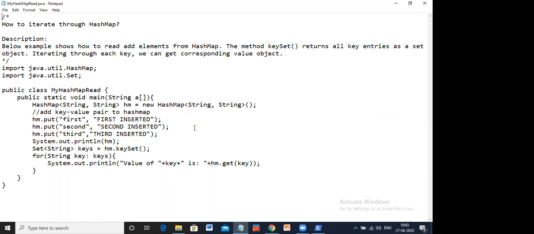Getting it? But we don't have any special function. Here you can see there is a function to collect all the key sets, right? There is no such function like valueSet. There is nothing called valueSet. So in that case, what we can use is the get method. You remember the get method in the first example, where I passed the key.